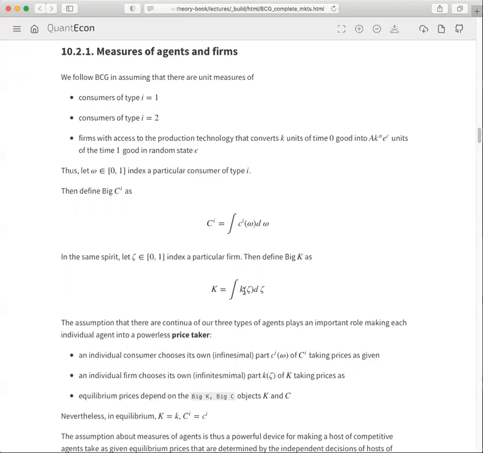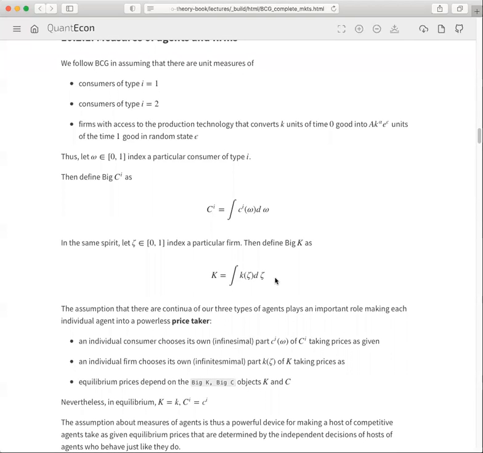To get the K, I'm going to index the K by little k by this thing zeta, and I'm going to integrate to get big K. Okay, so